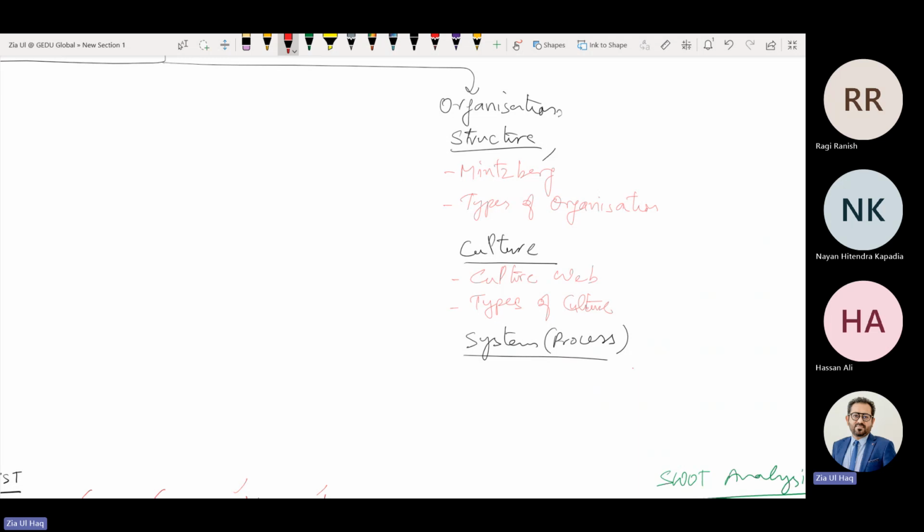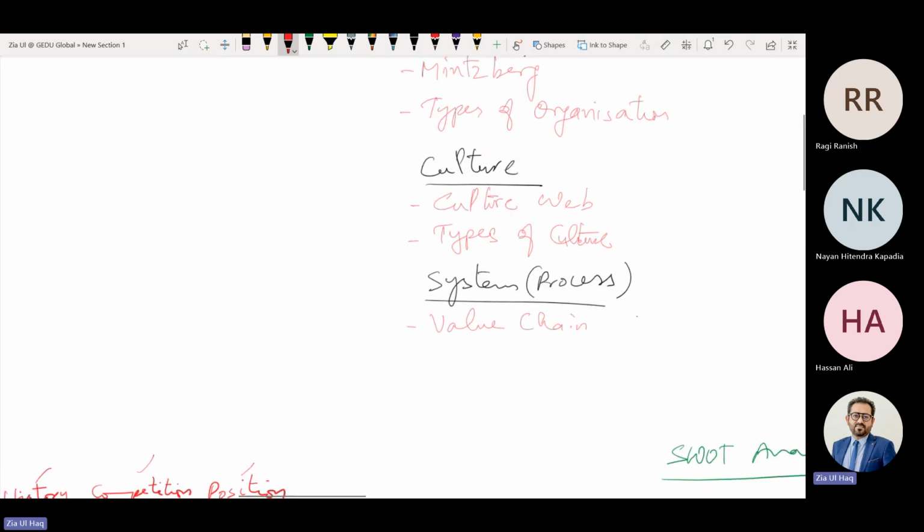Before making changes in system and processes, we must be aware about the system processes. What are system processes? Value chain, primary, secondary activities. We can represent system processes through a diagram called swim lane diagram, through which we can understand the system. We can highlight the weaknesses so that we can prepare a plan how to remove those weaknesses. How these system processes can be developed using project management, that we're going to cover today.